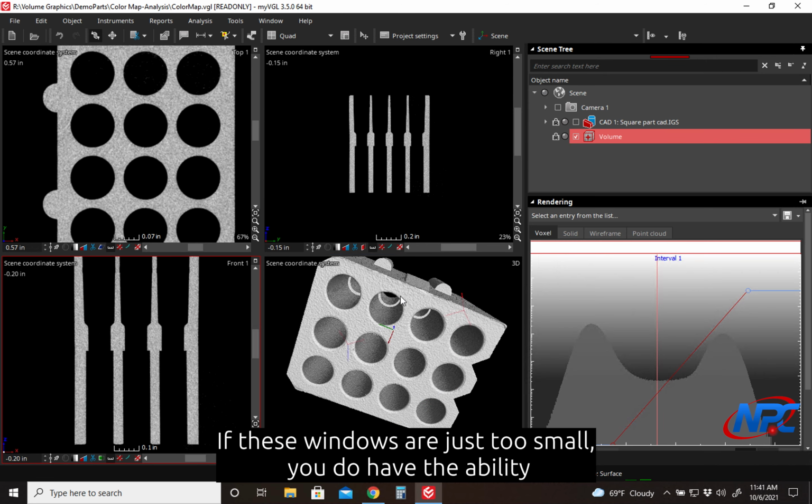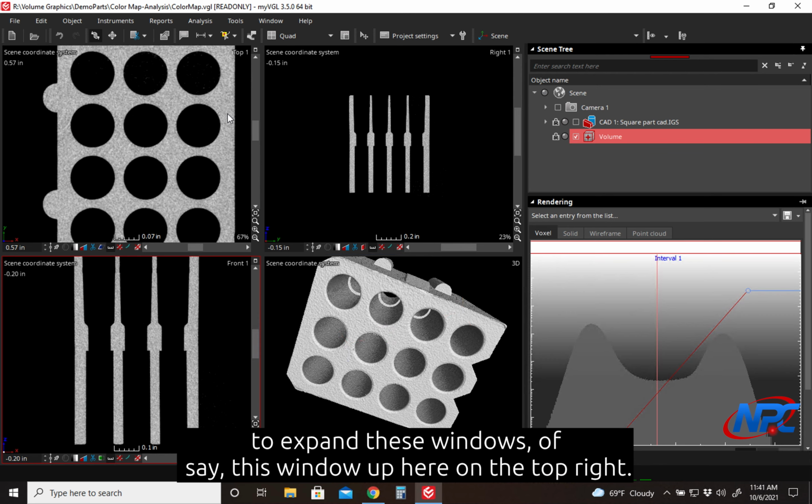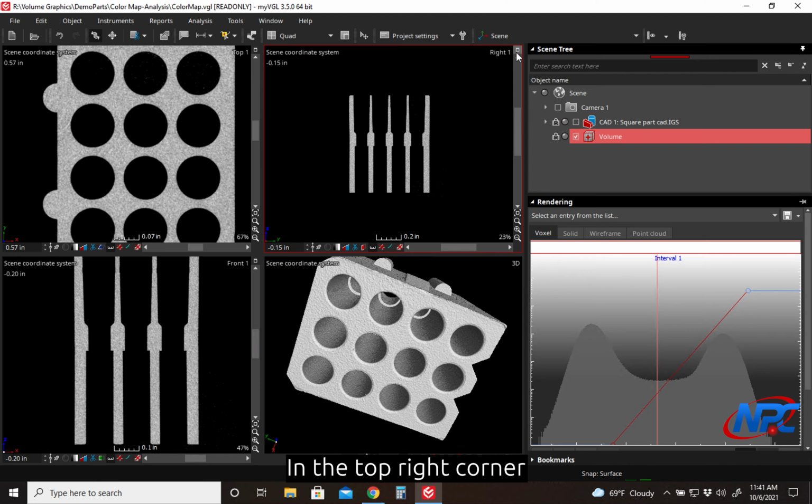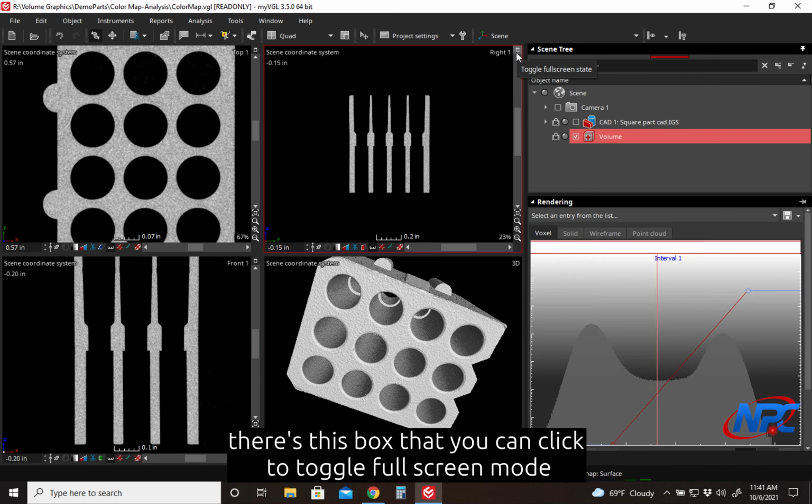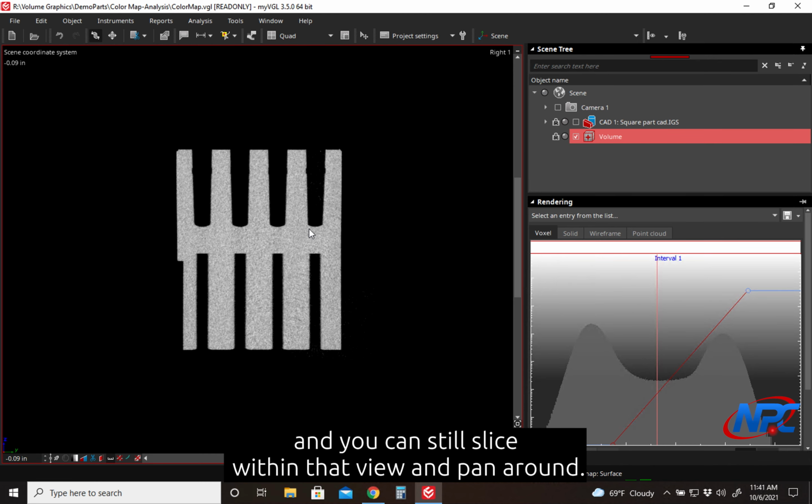If these windows are just too small, you do have the ability to expand these windows. Say this window up here on the top right. In the top right corner, there's this box that you can click to toggle full screen mode. And you can still slice within that view